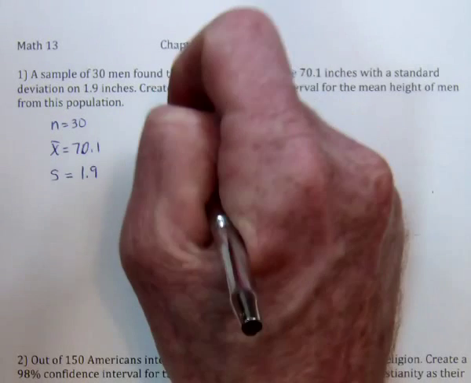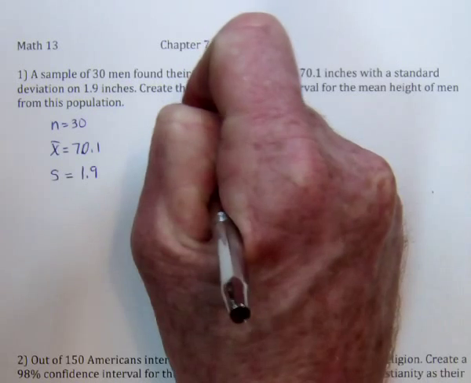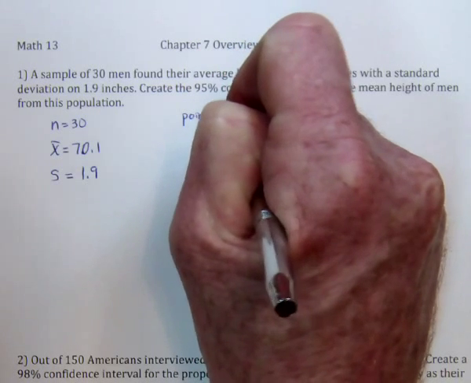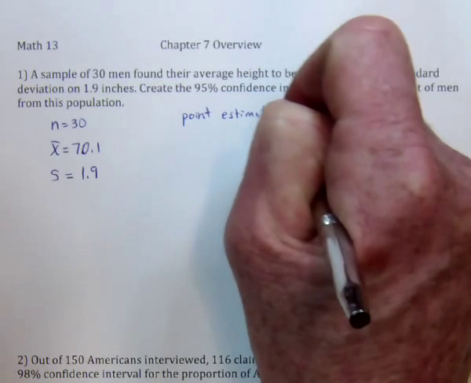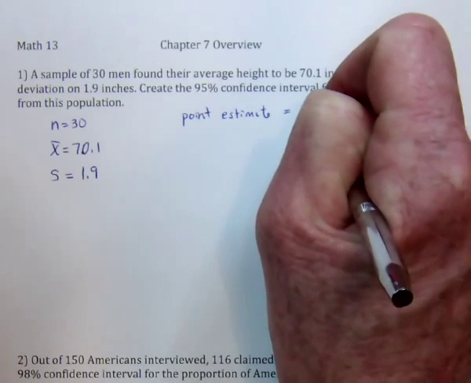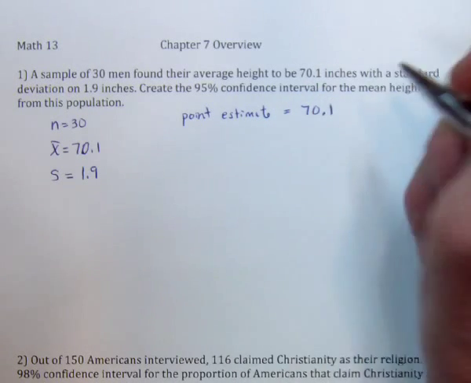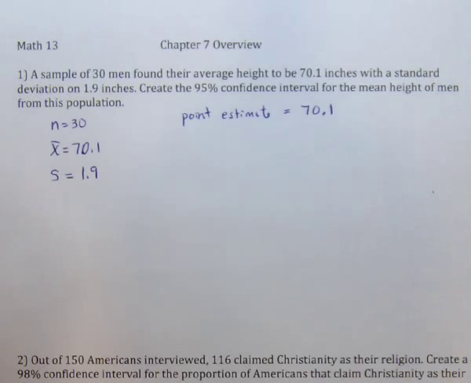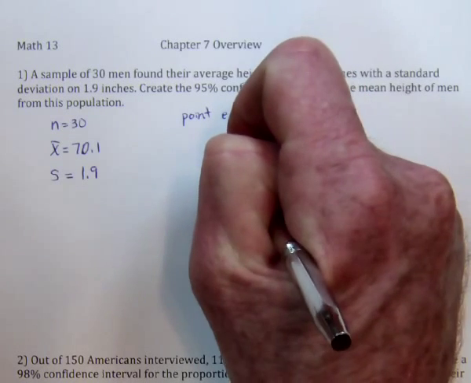So first of all, we say that the point estimate is 70.1. In other words, if I had to estimate what's the average height of everybody, I'll say that it's going to be 70.1. But the thing is, there's going to be some error. And the error is going to be,